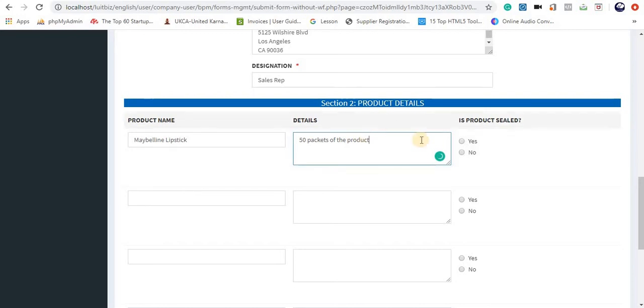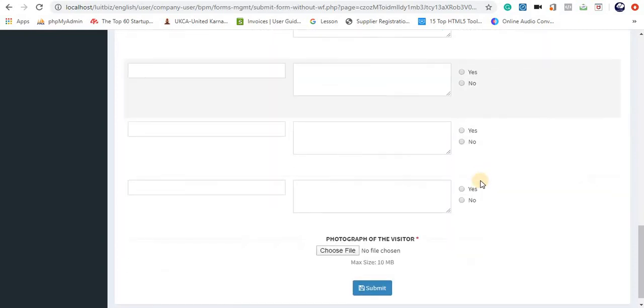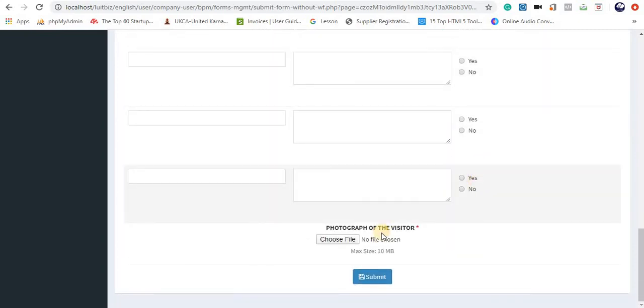You can have as much detail about it, and is the product sealed, so you can check whether the product is sealed or not, and if it's a yes, you can put a yes, if it's no, you can put a no. And remember when we said that the photograph of the visitor is essential, so we click on photograph